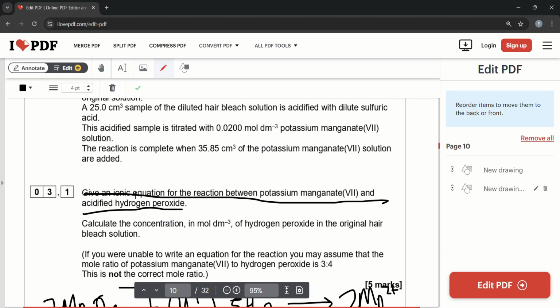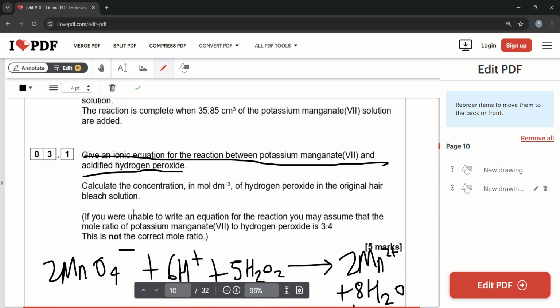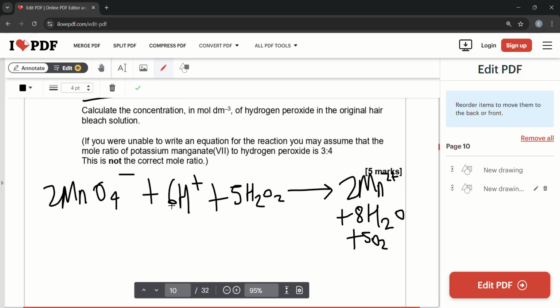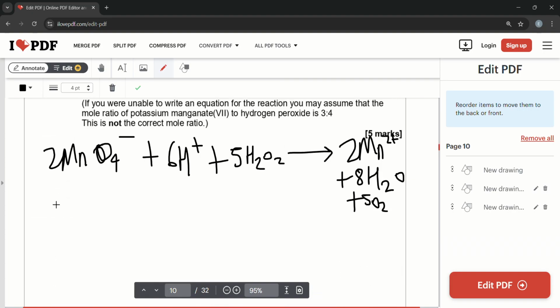So we've written down the ionic equation for the reaction between acidified potassium manganate(VII) and acidified hydrogen peroxide: 2MnO4⁻ + 6H⁺ + 5H2O2 → 2Mn²⁺ + 8H2O + 5O2. Now what we need to do